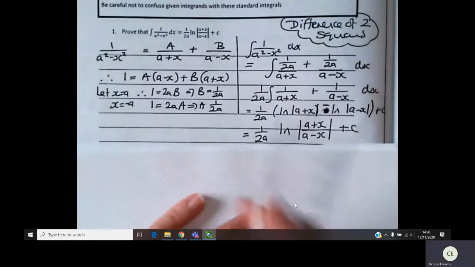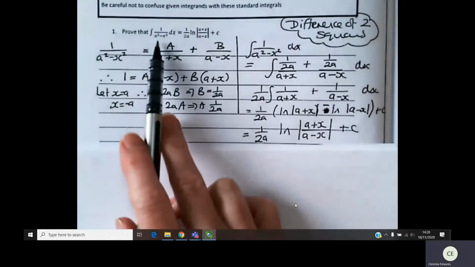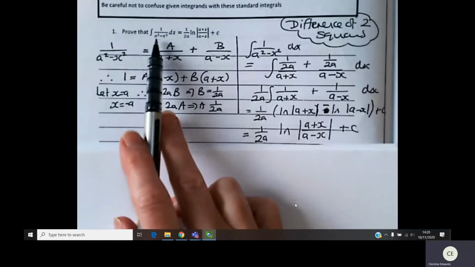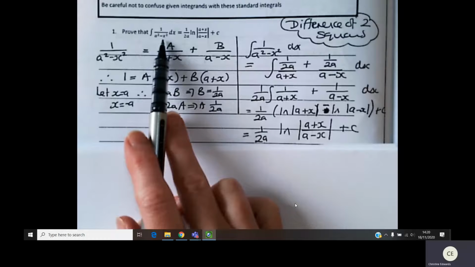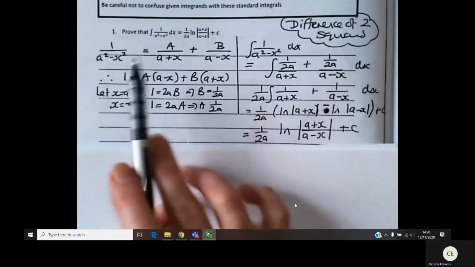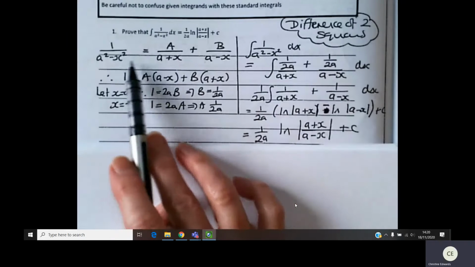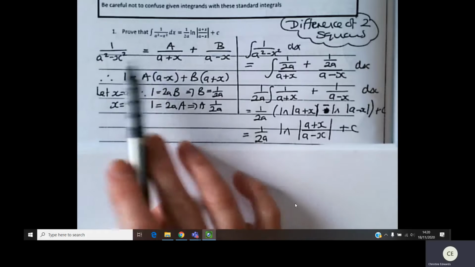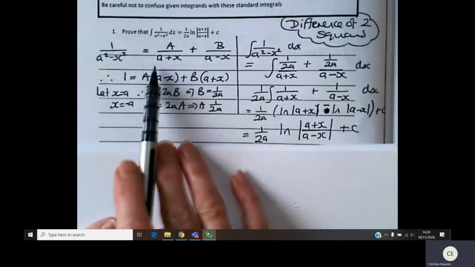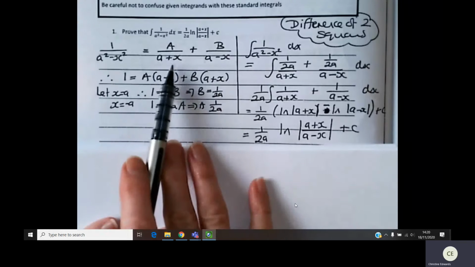So this one is asking us to prove a result where we've been given the fraction 1 over a squared minus x squared. As you'll see, we have the difference of 2 squares. We will work through the partial fractions by working with the difference of 2 squares, and I've got the working here. Apart from the fact that we've got a difference of 2 squares, the working is identical to that you